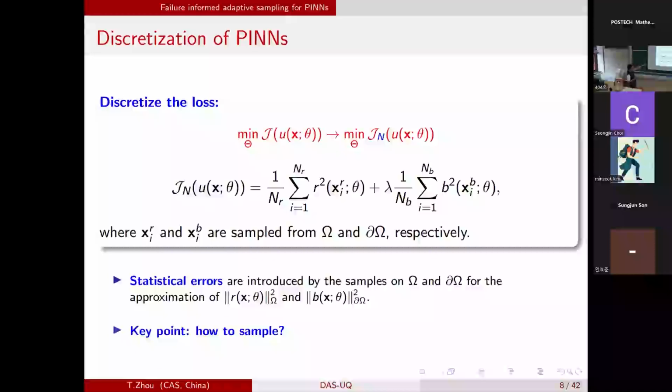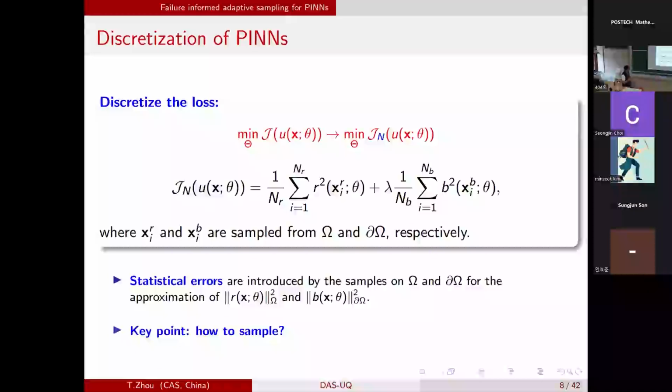We call this statistical error because when you're facing high dimensional and complex problems, normally you will randomly choose the points. The points should not be structured. Otherwise, you will not solve high dimensional problems. Like in the finite element method, you are based on the structured mesh. The mesh can deal with one dimension up to the three-dimensional case. But for the high dimensional case, that's not the framework. Usually, you're just randomly sampling the whole domain. So here, the key point is how to sample. This is the main topic of this talk.